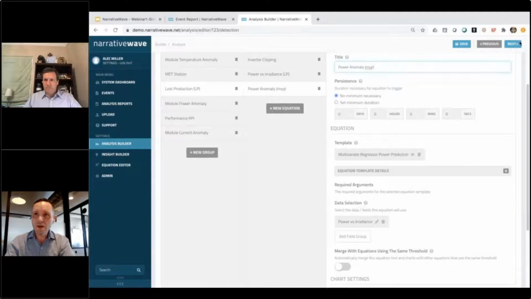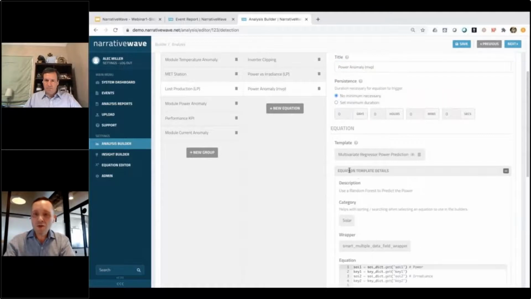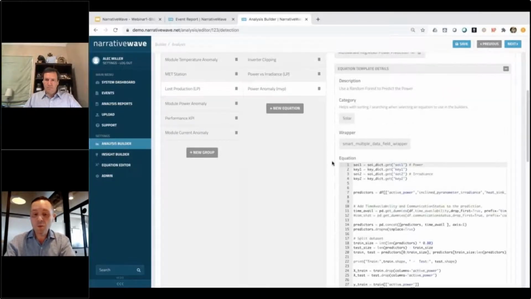You can see with the equation template that's there, that's this building block. And it's important to build trust around your analytics if you want them to be adopted. And we feel very strongly about this, that you should be able to trace the results of your analysis back to the actual Python if you want to be able to do that. That transparency builds confidence in the results. And we think that confidence level is one of the biggest drivers of adoption. How did you get to that result? Some other best practices, as we mentioned, are using multiple approaches to look at the same thing. Again, building that confidence level up.